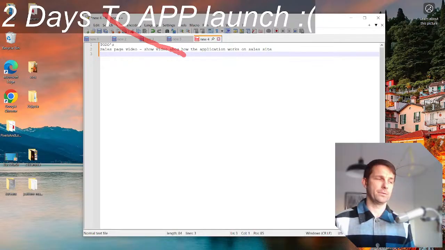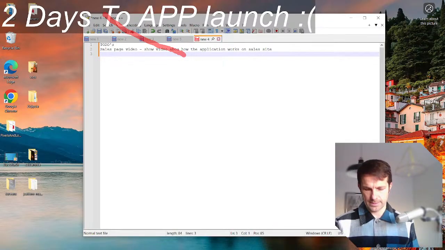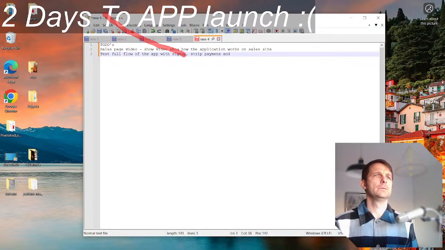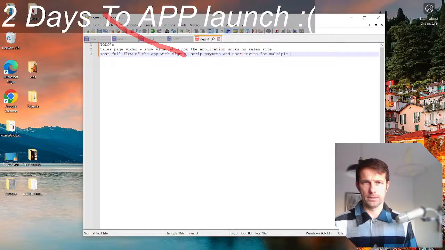Sales page video is important, it is the most important. Test full flow of the app with payments, Stripe payments, and user invite for multiple addresses.